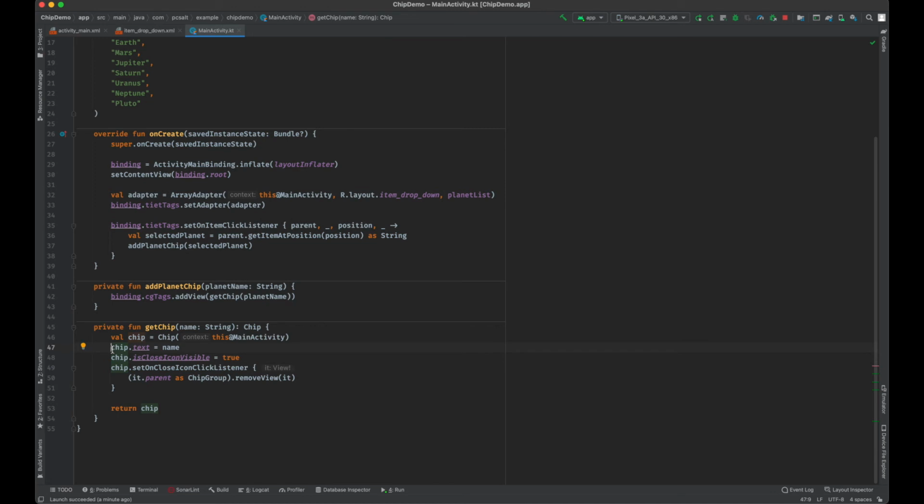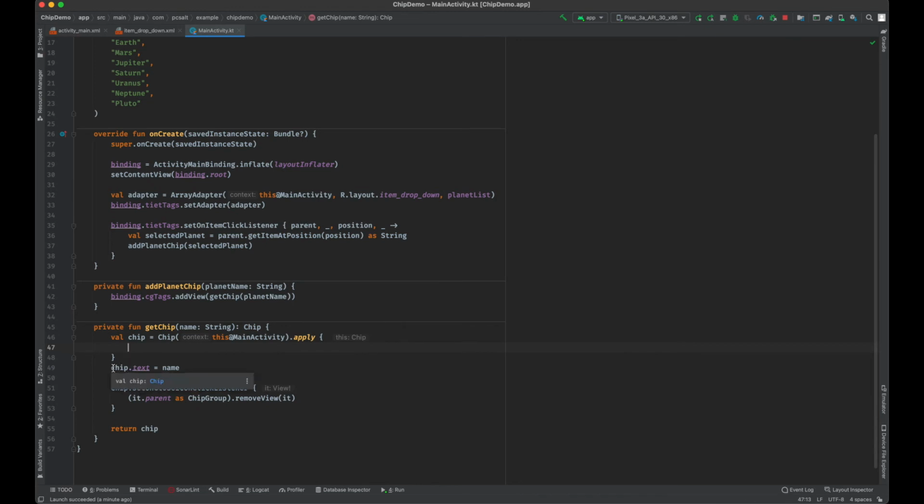Now the problem is we are using chip dot and setting the property again and again. What we can do is remove this and use the apply function. Using the apply method, we will add all these things without using chip dot text, chip dot is close icon visible.